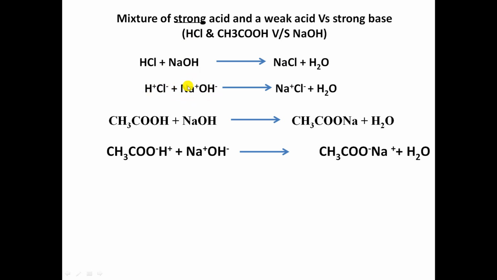reacted with NaOH. At that point, acetic acid comes into action, because initially it is not dissociated, due to the presence of the strong acid and the common ion effect. When the HCl is completely neutralized, acetic acid will dissociate and produce H+ ion. Now whatever NaOH is added will react with acetic acid and produce sodium acetate and water.